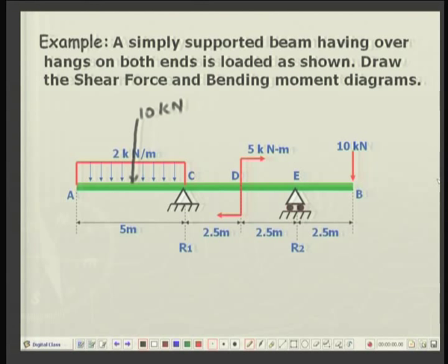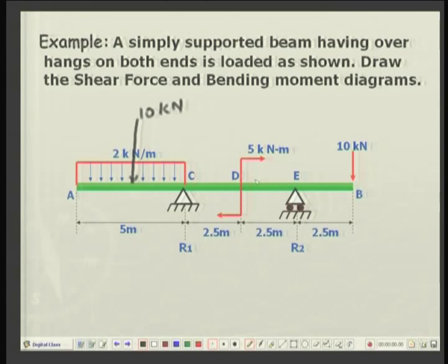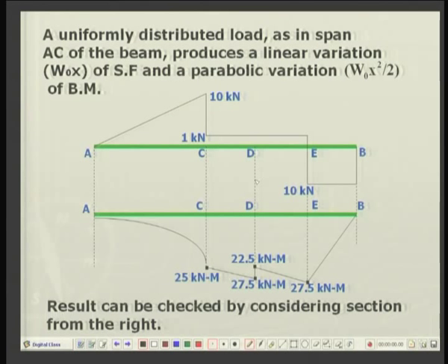At C there is a concentrated reaction. So, there is a jump in the shear force diagram here, and a jump in the bending moment diagram here, which are all satisfied by looking over here. There is a jump, there is a jump, there is a jump. Okay. So, you can recapitulate all the features of the bending moment and shear force diagram without going through the total analysis. Mind you, you should be able to have enough practice to do that.